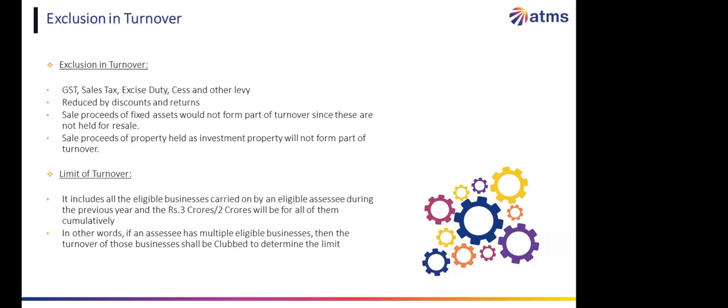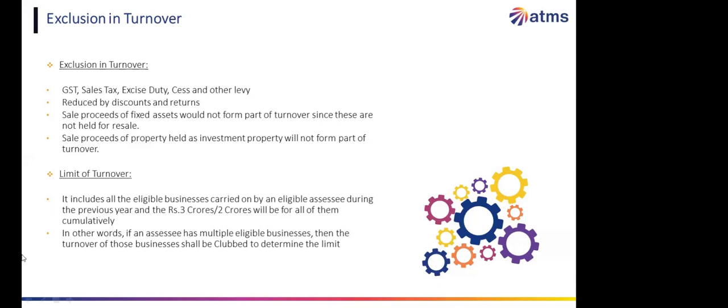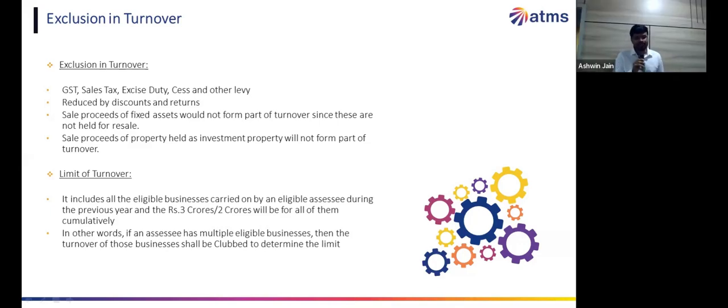मतलब in nutshell आपका pure turnover excluding your statutory dues, GST and all those things वो आपको compute करना है. And special occasion if you have sold any fixed asset, so whether that amount will form a part of your turnover or not, again it will not form a part of your turnover. आपने कोई इन्वेस्टमेंट प्रॉपर्टी वगैरह सेल किया, again that will not be counted in the threshold limit of 2 crores